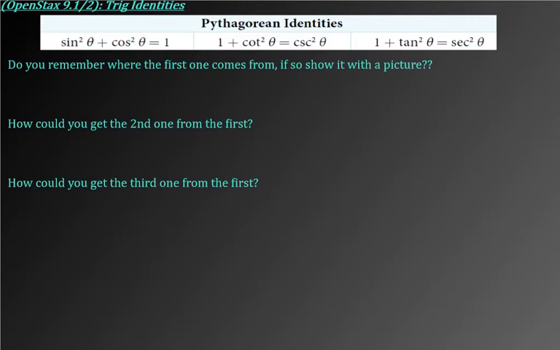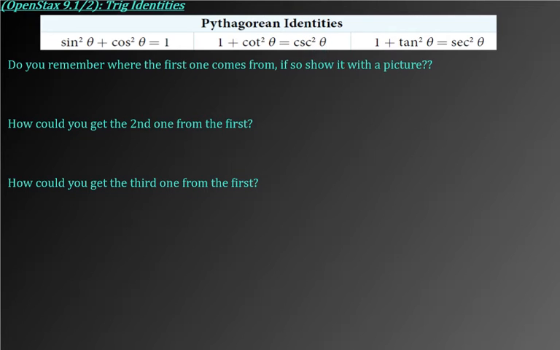And these three make up what we call the Pythagorean trig identities. What we really use this for is it helps us simplify different trig expressions and equations. So if you ever get some sine squared plus cosine squared in the same equation, added together, since those equal 1, you can just take those out and put a 1 in place. If you ever have a 1 plus cotangent squared, you can take that out and put